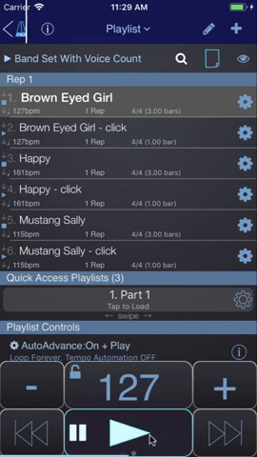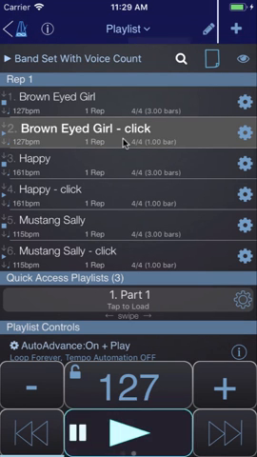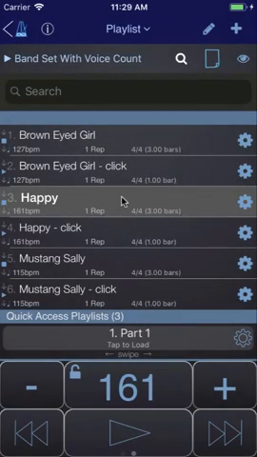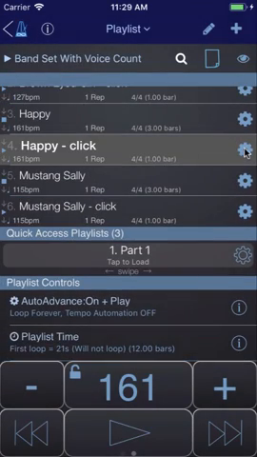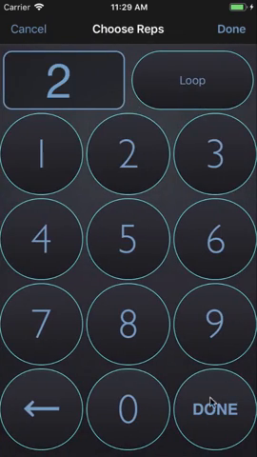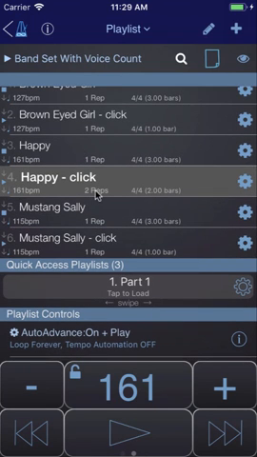So now we have our final set list. 1, 2, 1, 2, 3, 4. So 1 bar of click for Brown Eyed Girl, and then it stops. And the same for Happy, and the same for Mustang Sally. Now you can change the number of reps for the click by tapping on the gear, choosing repeats, and let's set 2 for Happy. So now you can see there's 2 reps for the happy click,